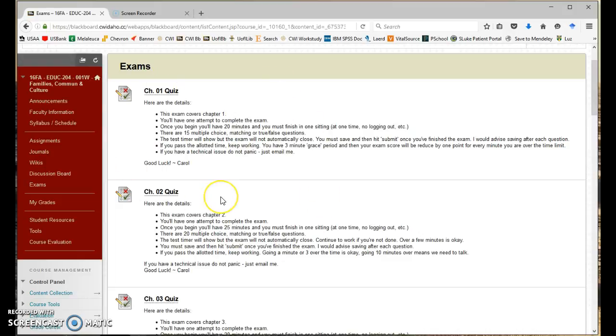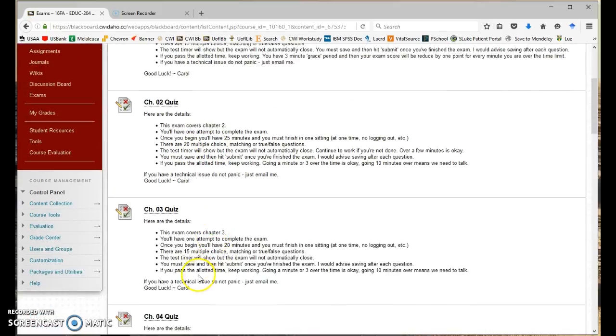Those are going to be the ones primarily on the quizzes, but the quizzes are short. 15 multiple choice, 20 multiple choice, 15 multiple choice. You have 20 minutes, but they don't automatically close. So if you just need an extra minute or two, it's fine. If I consistently see you going 10 or 15 minutes, that tells me you're just looking up the answers, and